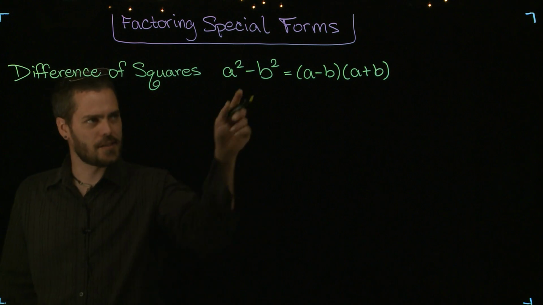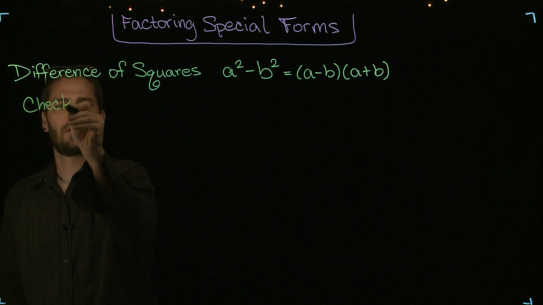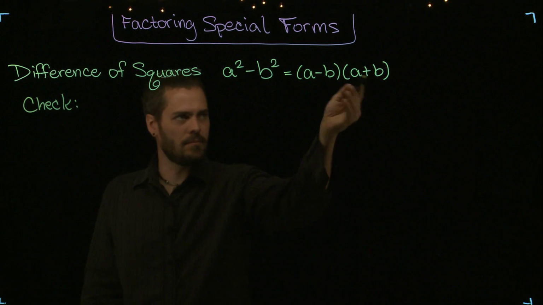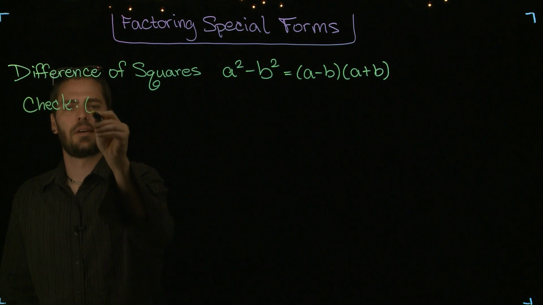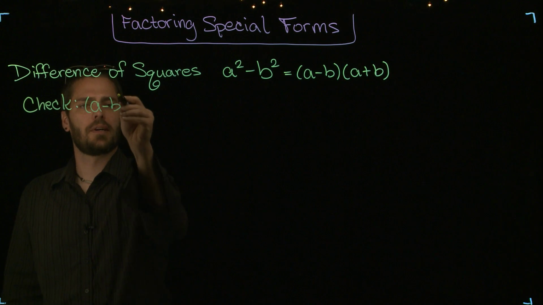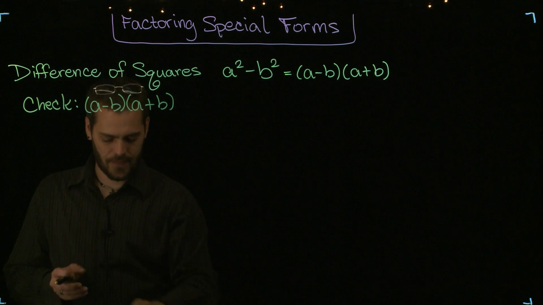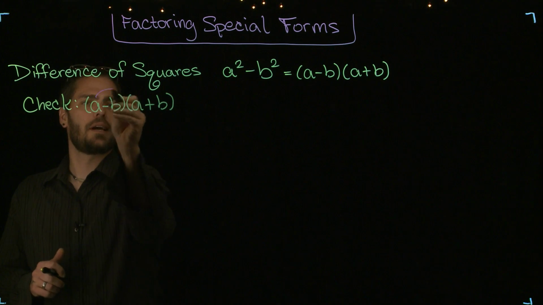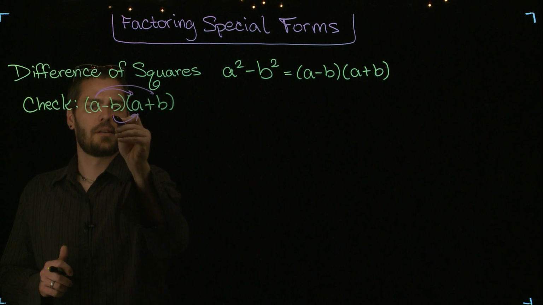So here's a quick check just to see if this map is correct. And how could I check this? Well, I can multiply these, and if I get the difference of squares, then I know it's okay. a minus b times a plus b. So we're going to take a times a, and then a times b, follow that with negative b times a